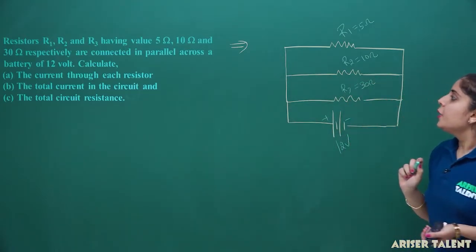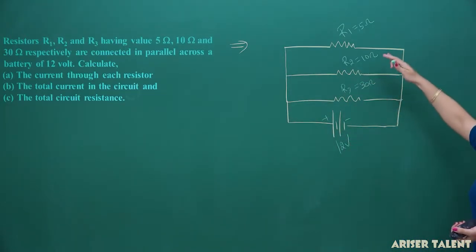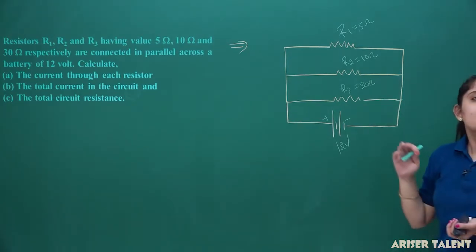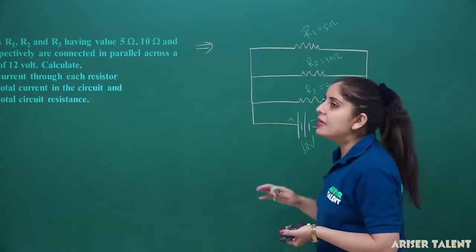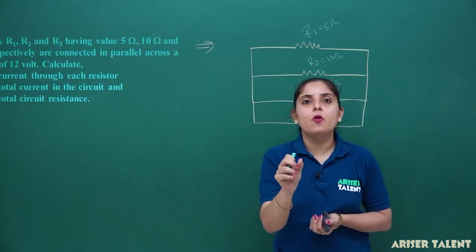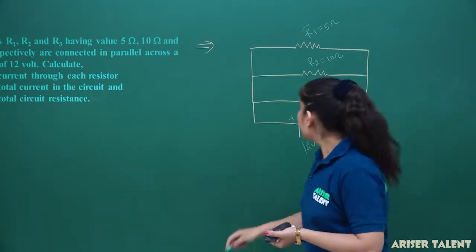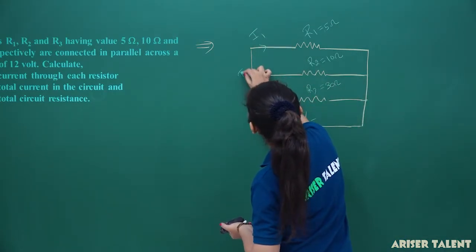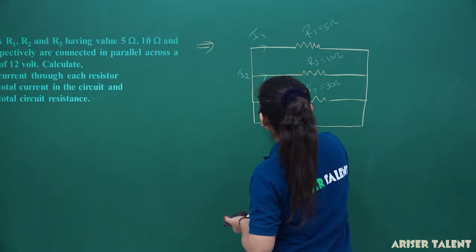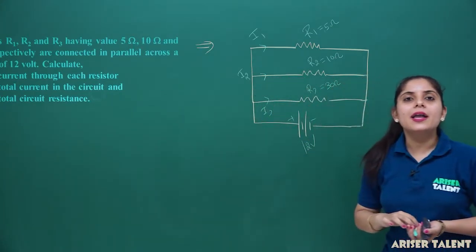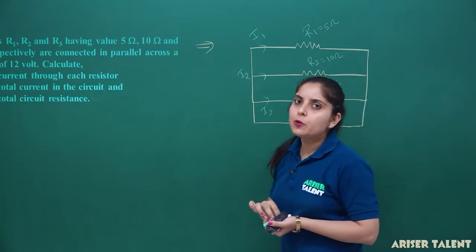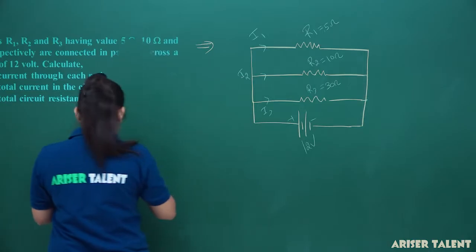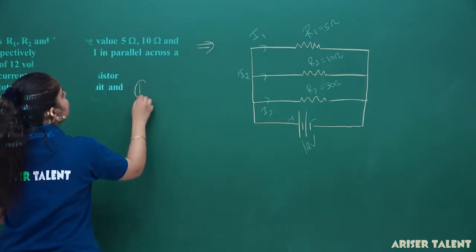Now, you have to calculate the current through each resistor. This is a parallel combination, so you know that we will calculate the current through each resistor just by simply dividing the same voltage across the 3 resistors we have. So, the current in the first resistor will be I1, here the current is I2 and here the current is I3. Now, again applying the Ohm's law, we have V equal to IR and I came out to be V upon R, and we are doing the first part here. So, the first part is